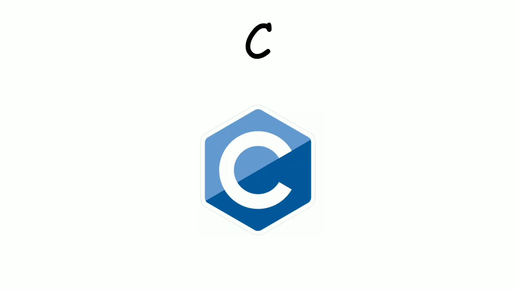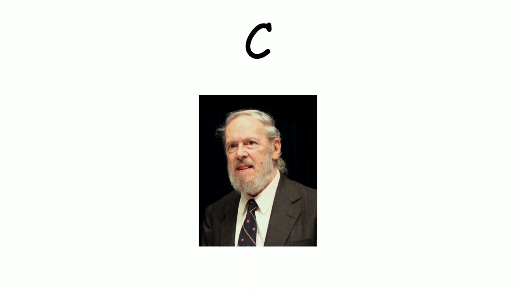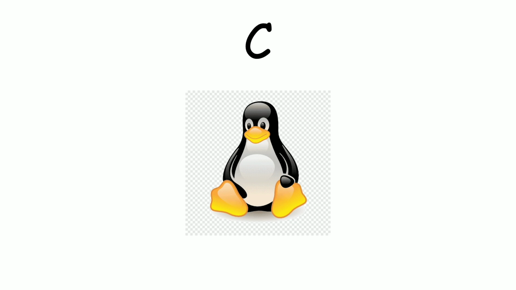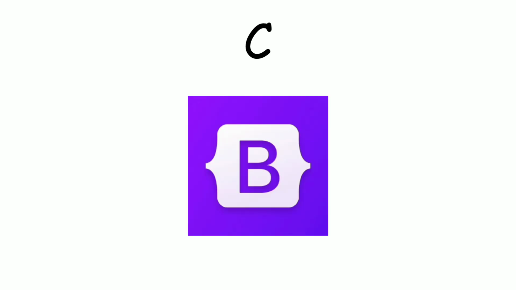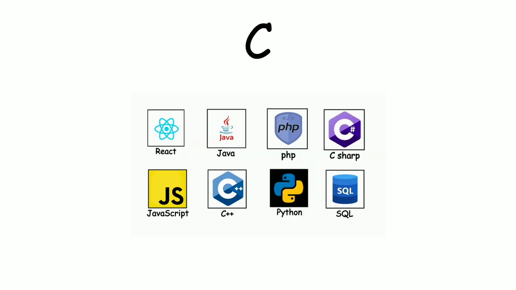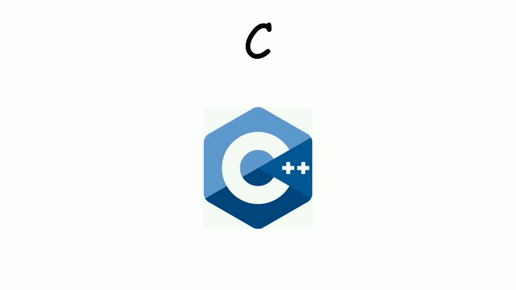C is a programming language created by Dennis Ritchie in the 1970s. C was developed to overcome problems faced when developing the Unix operating system. Before C, B language was used for developing the Unix operating system. Later, the C language was used as a base for developing other programming languages. Python, C#, C++ are a few of them.